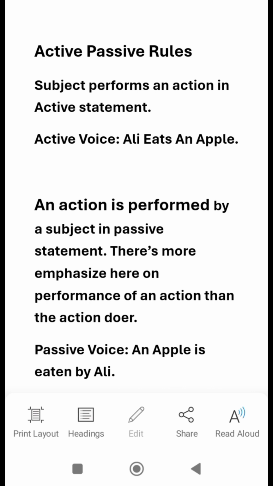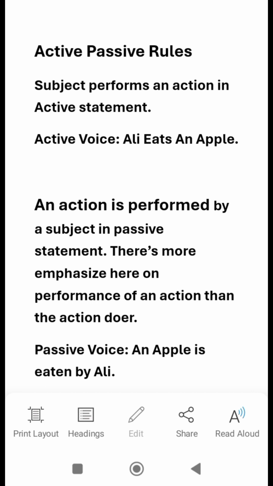So if we talk about the active voice, in active statements, the subject performs an action. For example, Ali eats an apple. So this is now an active voice where a subject is performing an action. Now, if we talk about the passive statements, in passive statements an action is